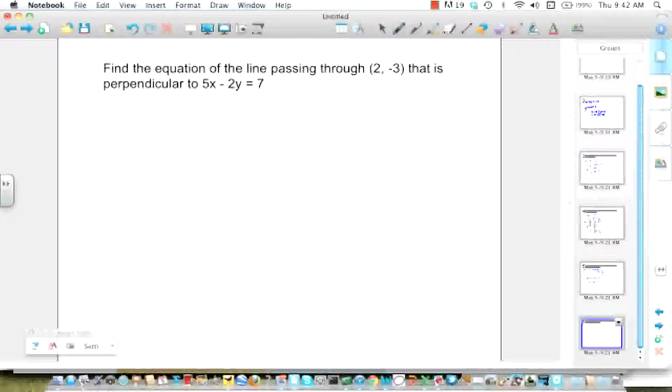So we need to rearrange this to find the gradient, and we do that by rearranging 5x minus 2y. So therefore you get 2y equals 5x minus 7. I did a couple of steps at once there. If you can't follow that, then do it in multiple steps. So y is 5 on 2x minus 7 on 2. So that tells us, in this case, that m1 is 5 on 2,